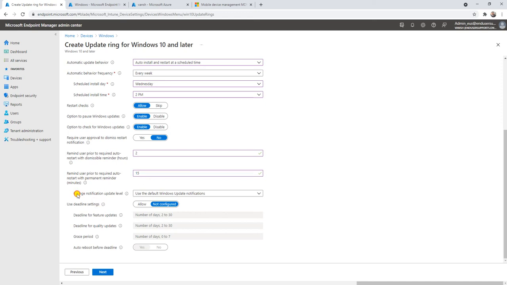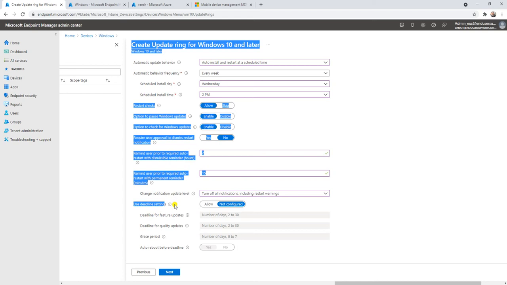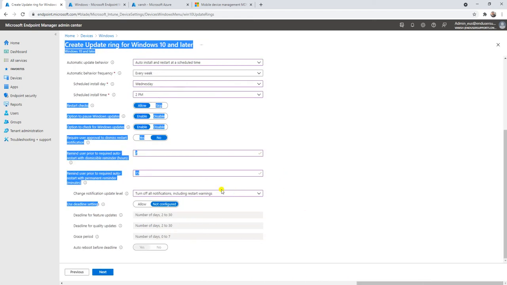And let me go here to change notification update level. We can set it as use the default Windows update notification, or all notifications, or all notifications off. So you can do that. Use the deadline setting.